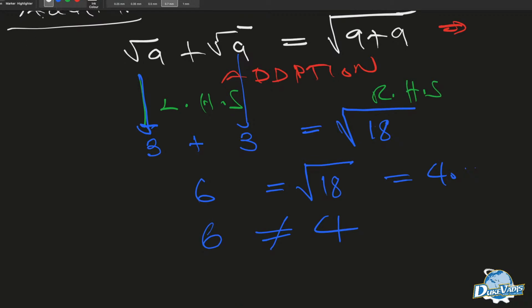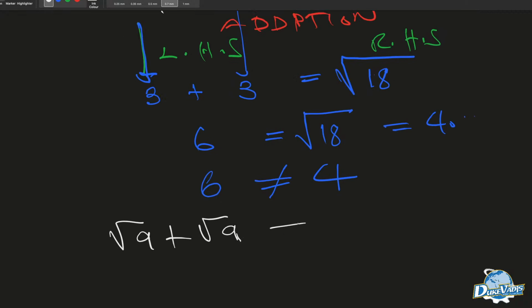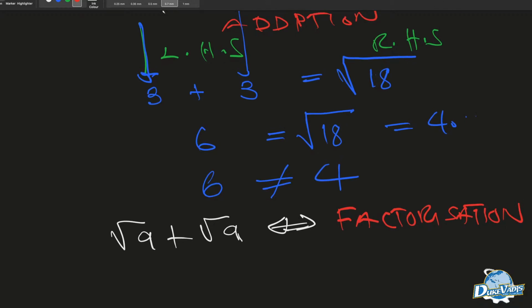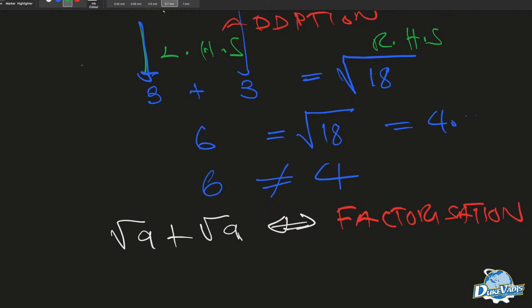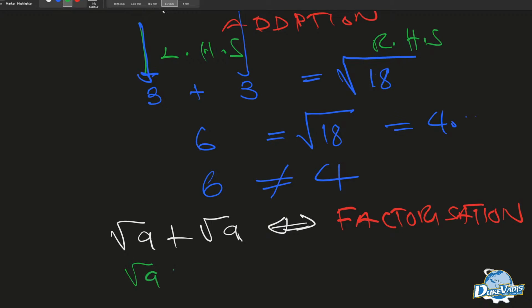Okay, beautiful. But this square root of 9, now let's look at how we can write it in the other way. The same square root of 9 plus square root of 9, when we apply something we call factorization. Factorization. When we say simplify this in terms of factorization, you see that our square root of 9 plus square root of 9, plus square root of 9